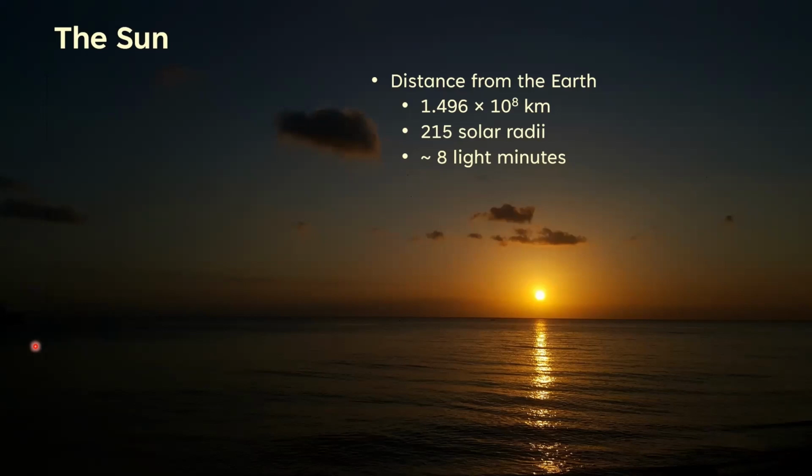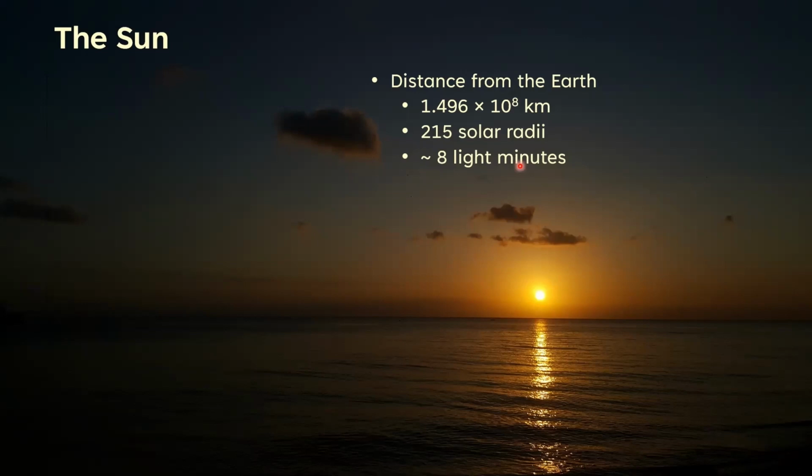So if you're going to fit suns between the sun and the earth, you can fit about 100 suns between the sun and the earth. Because of this distance, you know already that the light coming from the sun travels at about 3 times 10 to the 8 meters per second. That means the light coming from the sun will travel about 8 light minutes, about 8 minutes with a few seconds change.